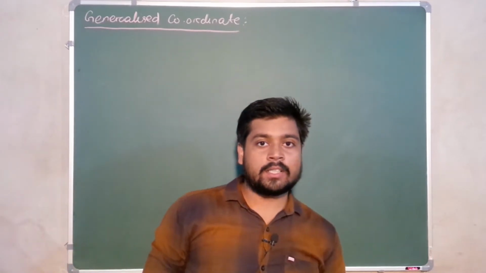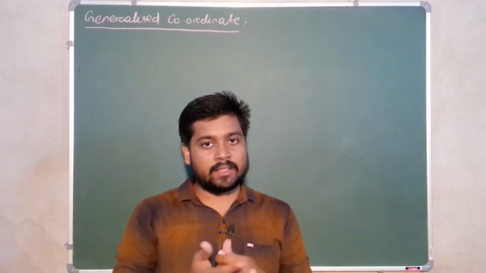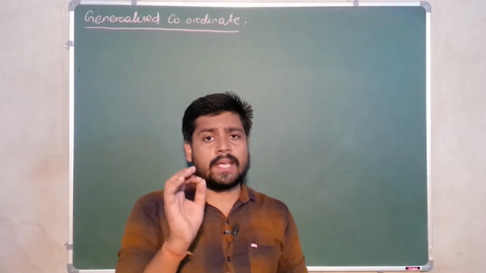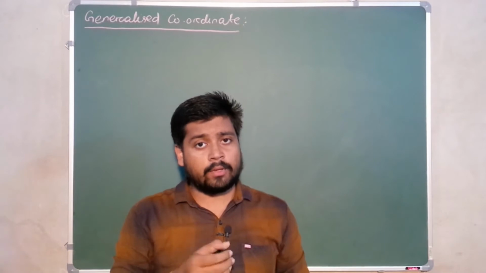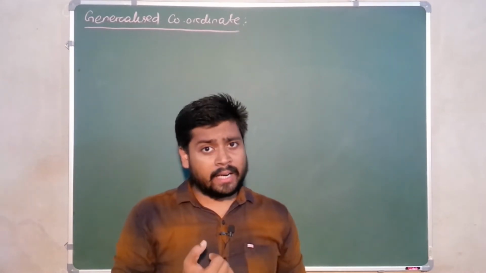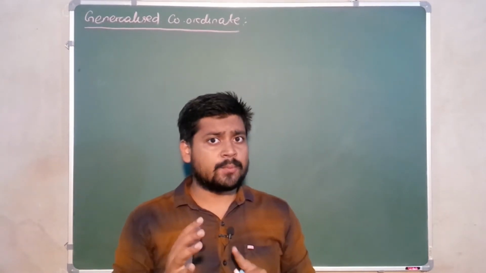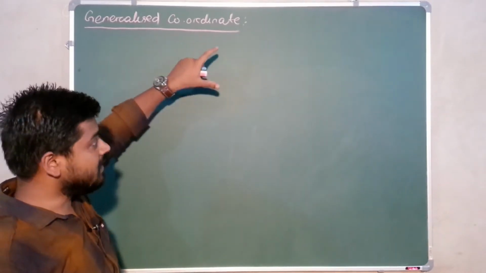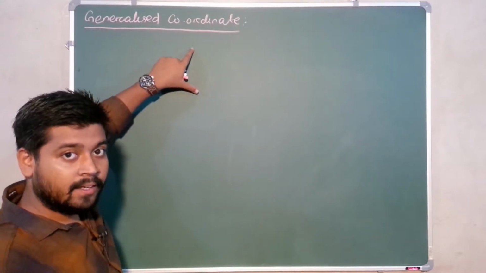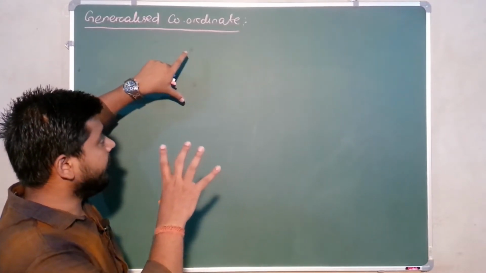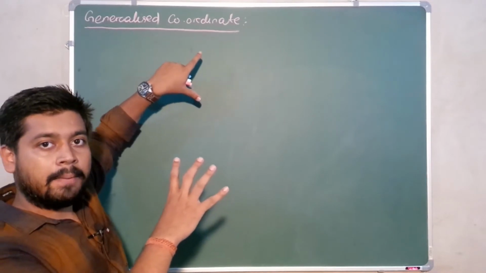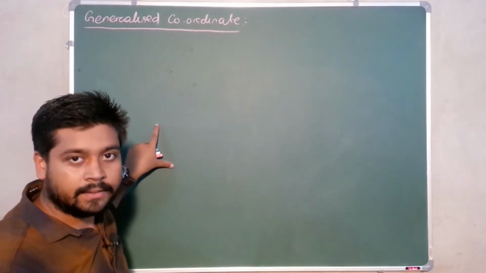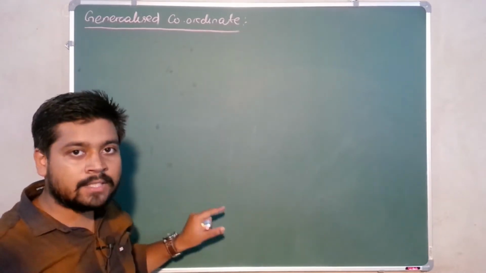We all know the Cartesian coordinate, cylindrical coordinate, and spherical polar coordinate. Yes or no? In Cartesian coordinate, we have the variables x, y, and z. In plane polar coordinate, we have r, theta. In cylindrical coordinate, we have rho, phi, z, and in spherical coordinate, we have r, theta, phi. Then what is the generalized coordinate? In generalized coordinate, we study both the degrees of freedom and constraint. By mixing the degrees of freedom and constraint, we construct the generalized coordinate. Then just see what the generalized coordinate actually is.